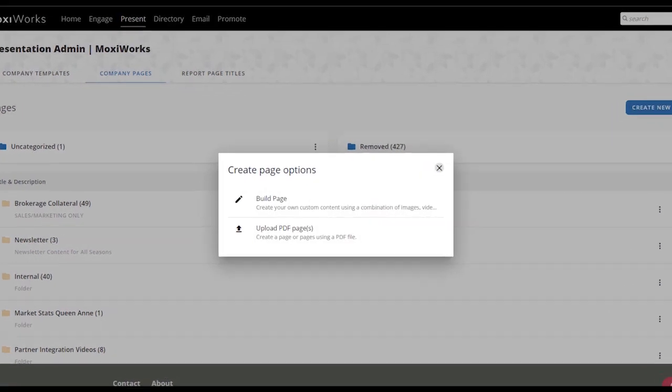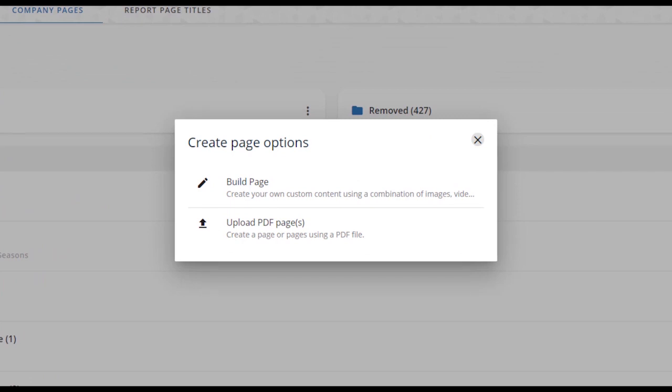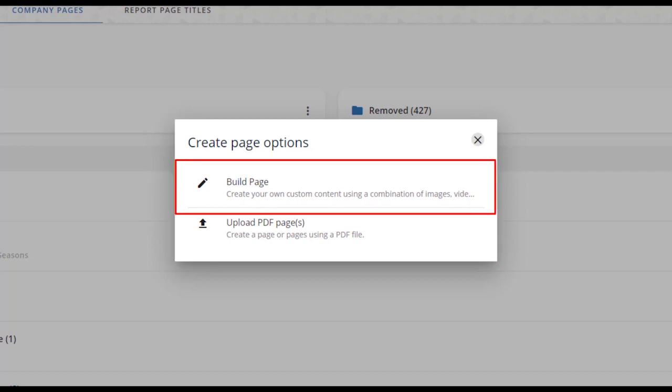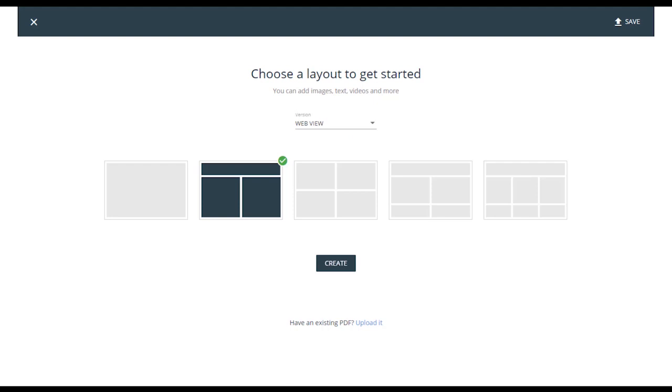and Page. And just like with the agent workflow, you'll see the option to upload a PDF page, which allows you to upload a 20-page document at a time, and that 20-page document will become 20 individual pages that your agents can access. Or you can build a page that will be mobile responsive and PDF ready. We'll select Build Page. The workflow from this point on is identical to the agent workflow for creating custom page